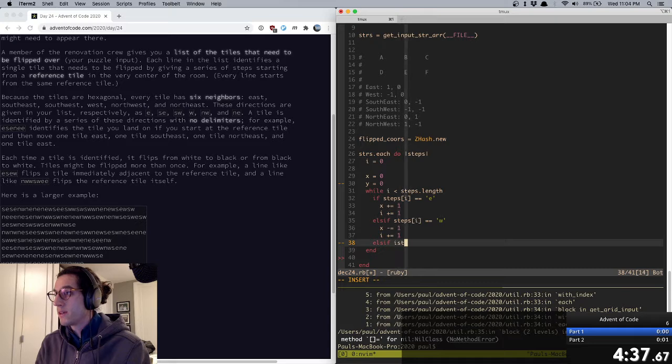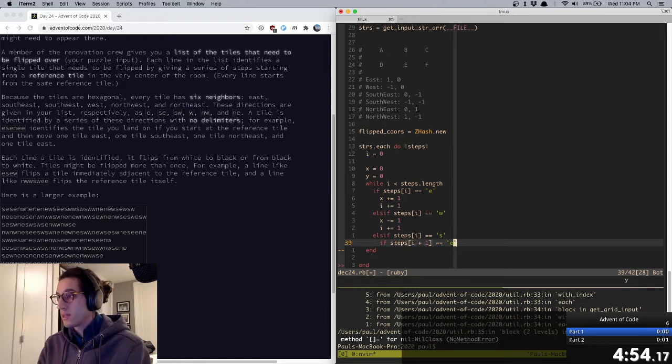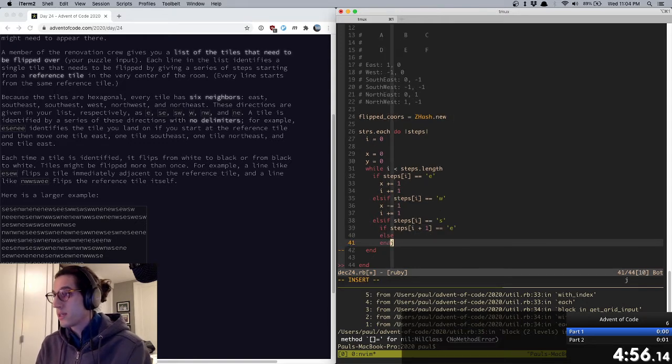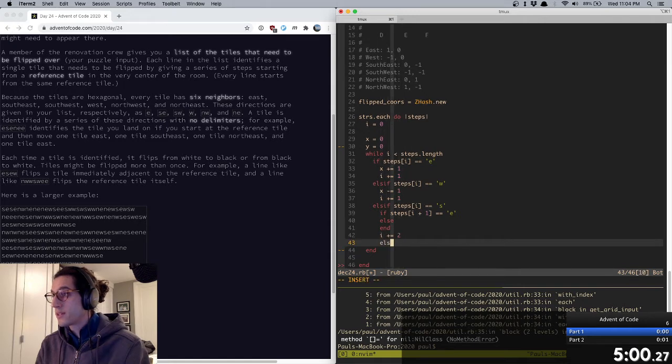Else if steps i equals s, if steps i plus 1 equals east, else i plus equals 2, else if steps i equals n,